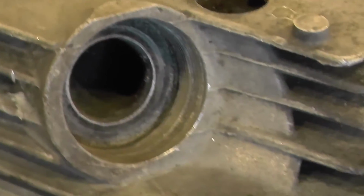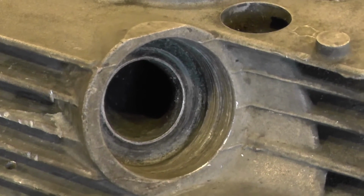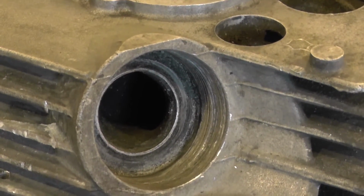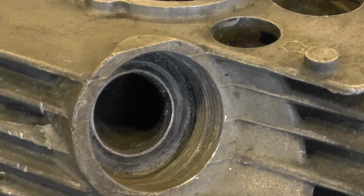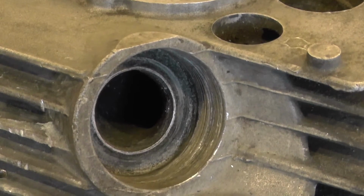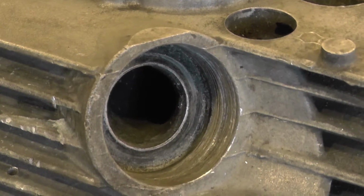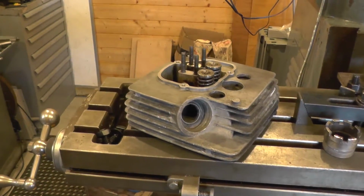You can see a little bit of a bright ring down there at the lip of the port, and that's a little flat area. It's just got a little bit of machining on there. That back face is actually slightly conical where it seals onto the end of the pipe, and that's going to come in handy when we get it set up on the jig,